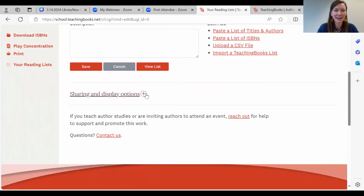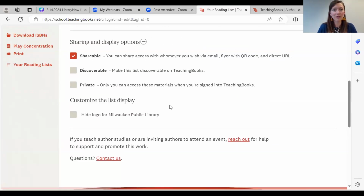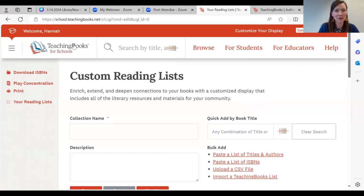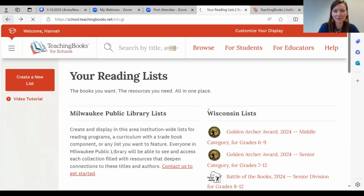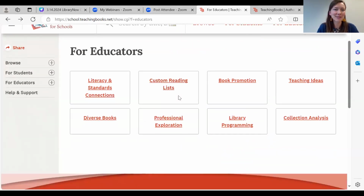All right. Most folks using TeachingBooks want to share their lists, but you can also make it private or discoverable by TeachingBooks itself. That's another way to adapt and use it accordingly. There's a video tutorial here for creating a reading list if this is not enough. TeachingBooks is really good about that. So that's where you can find custom reading list stuff, but I want to spend a little bit of time